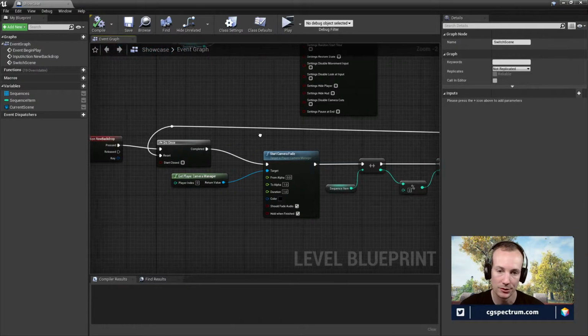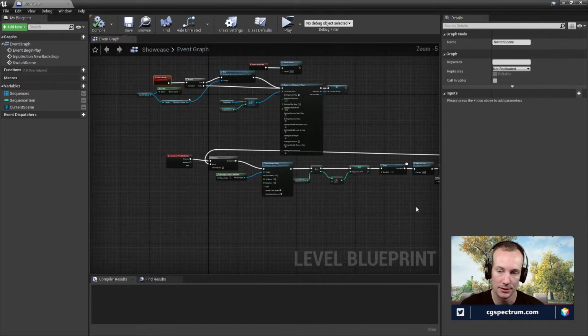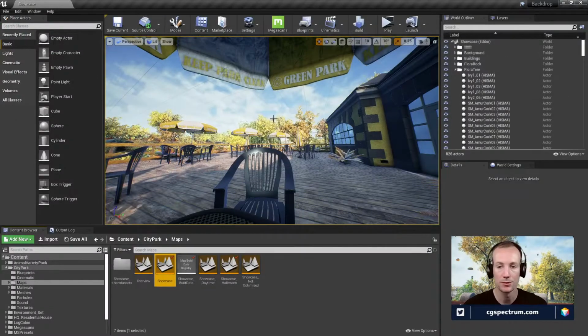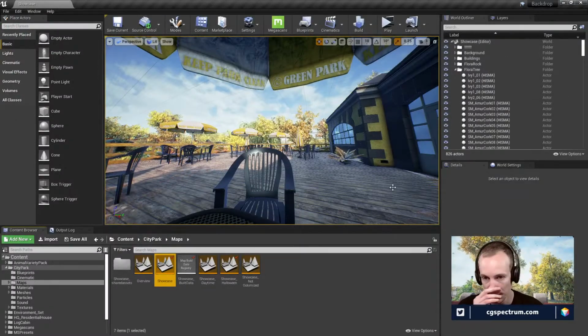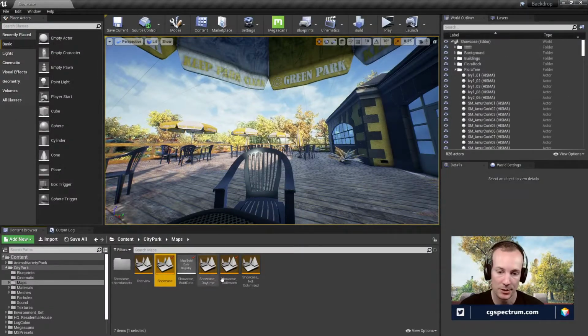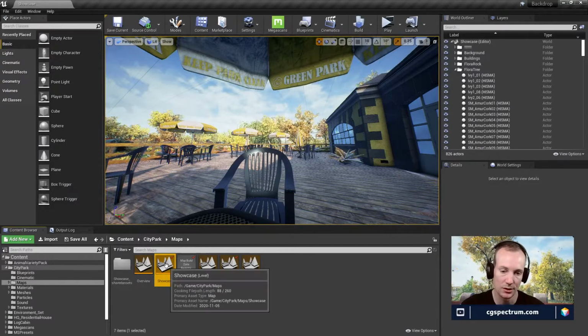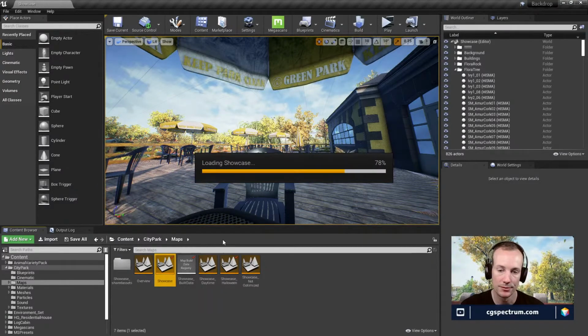If I was clever, I'd think of how I can make this more modular so that I can just keep calling it back, because right now it's sitting in the level blueprint of our level, which means that I can only really do it for this particular map. So if I wanted it to be in the Halloween showcase or this one, I'd have to copy paste it over. So I don't know, there's probably some smart things I can do, but it does call relative assets